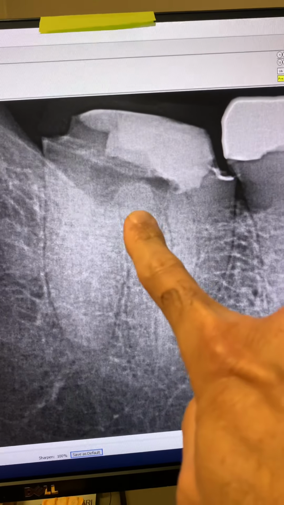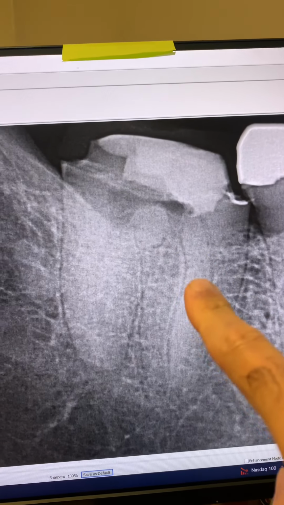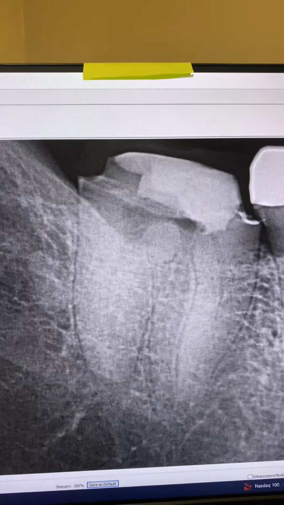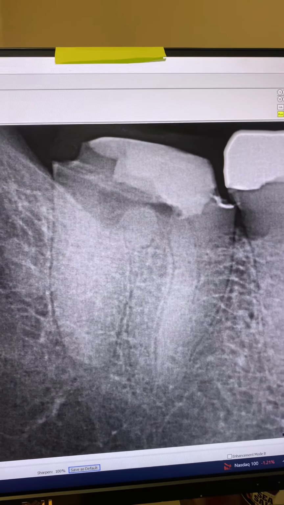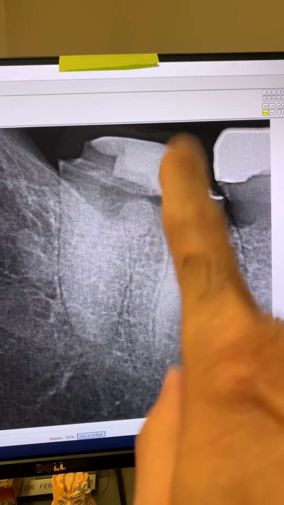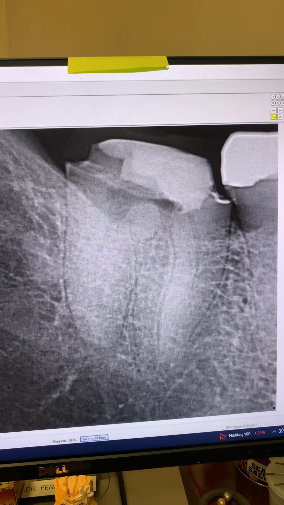As you can see here, it looks like he found the distal canal. It looks like perhaps he found the mesiolingual canal, couldn't find the mesiobuccal canal, and temporized the tooth and referred the patient to me. So today we went ahead and